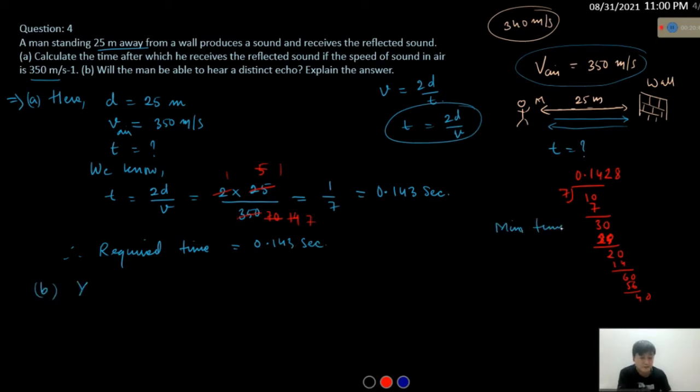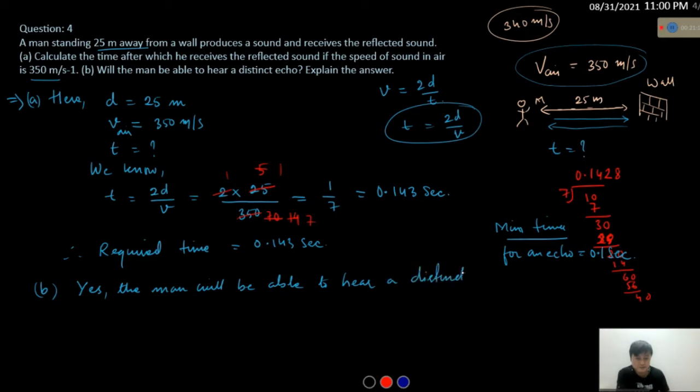Minimum time for an echo is how much? 0.1 second. Okay, so this is more than 0.1 second, so we can say that yes, the man will be able to hear a distinct echo,